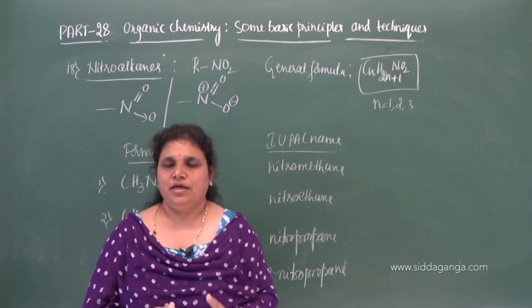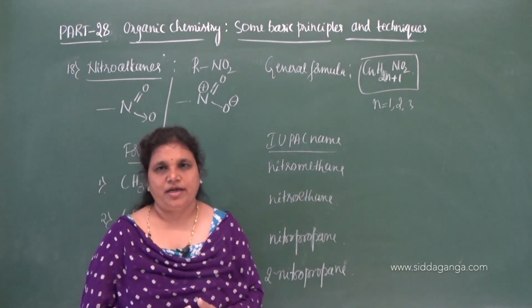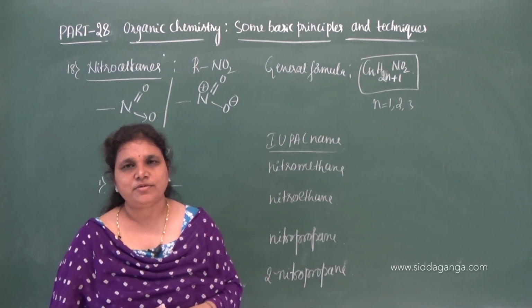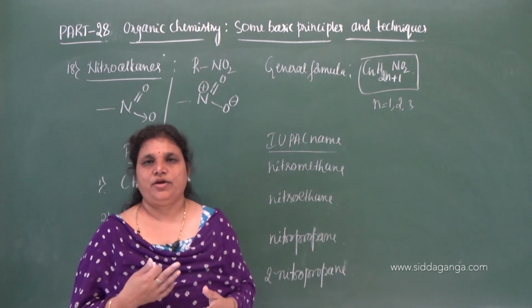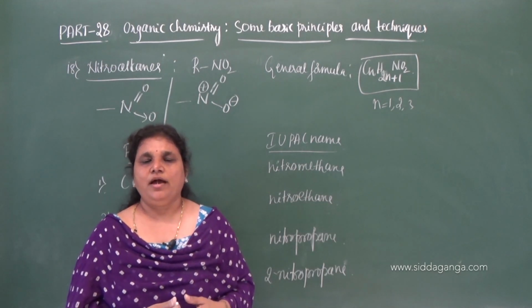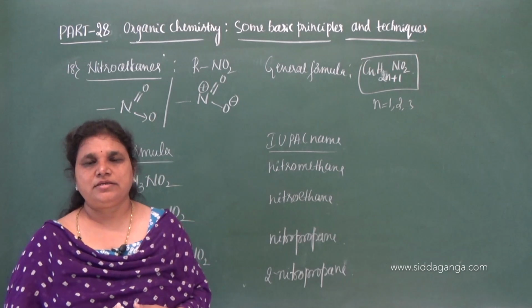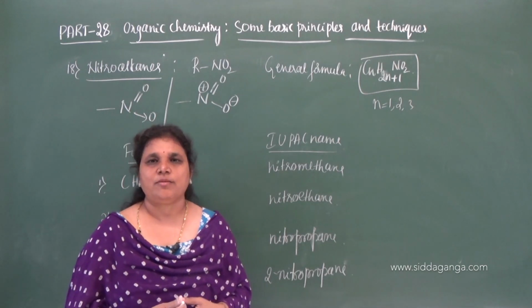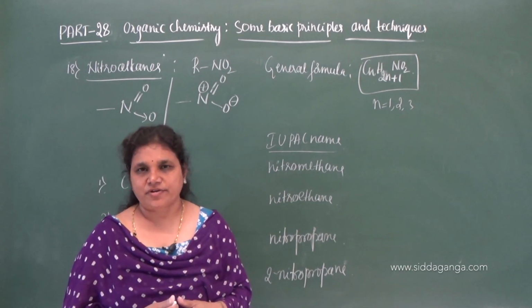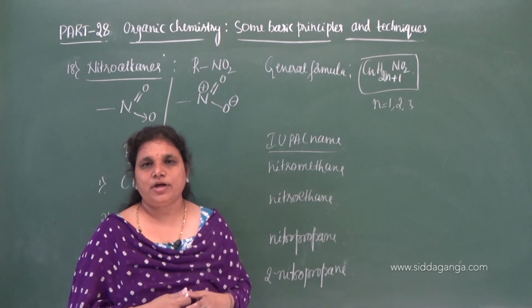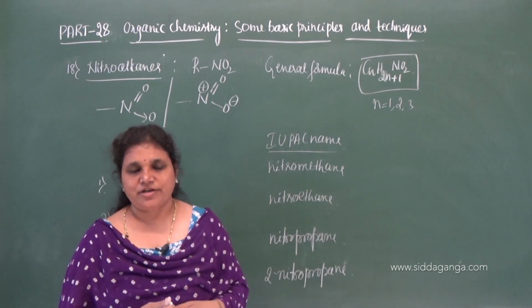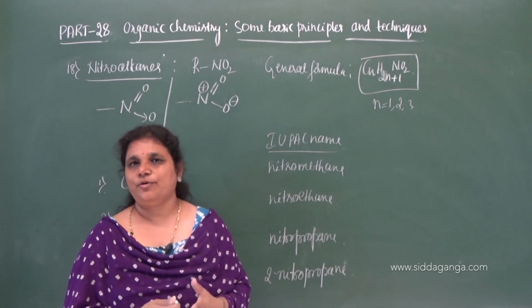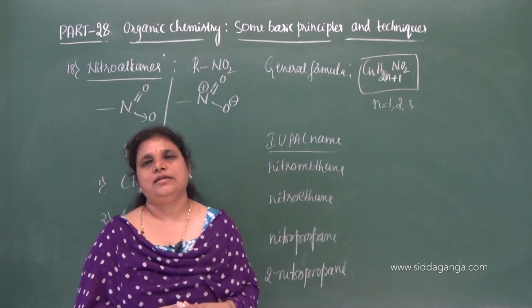So I introduced the simple members of all the classes of the organic compounds. So repeatedly you have to write and practice the common and IUPAC names. And in our next class, let us consider the naming of bifunctional compounds. So IUPAC naming of bifunctional compounds, where the compound contains 2 functional groups, that is, multiple bonds along with a functional group, or 2 functional groups. So let us consider that in the next class.